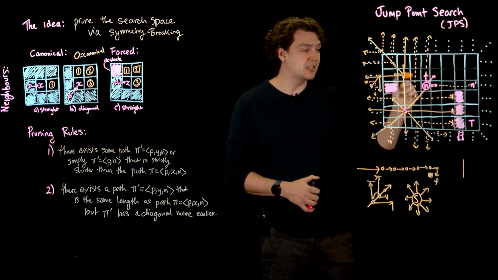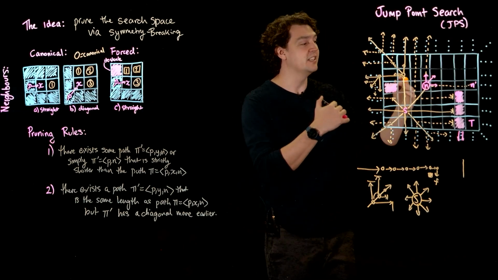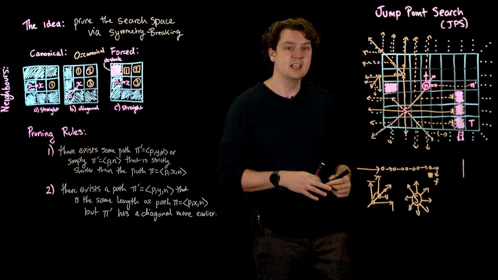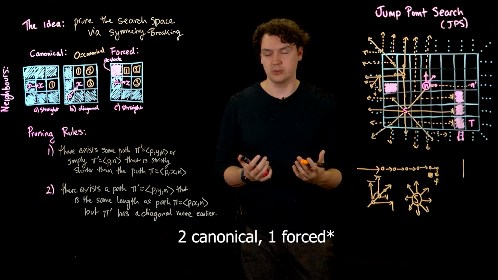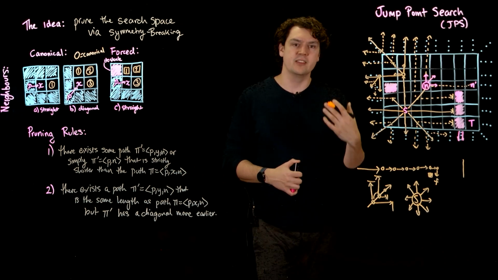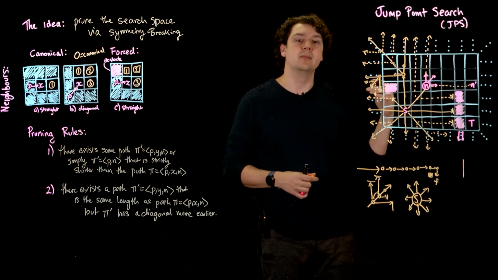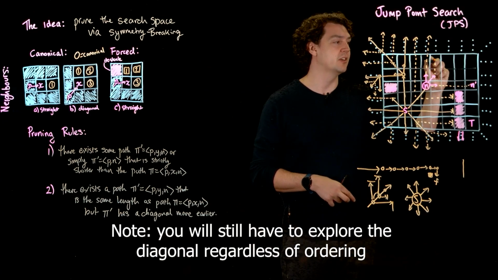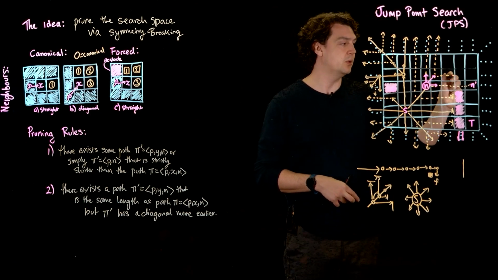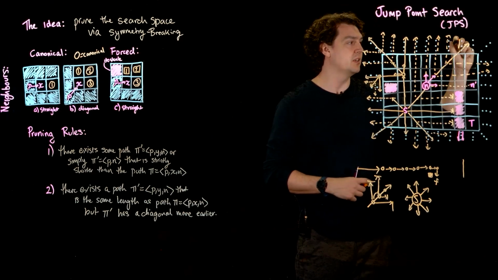However, vanilla JPS stops. It generates node n. It does all of the same work again. So it had 3 canonical directions it needs to search. That would be up to tie breaking. There's a world where it chose to look in the diagonal first. And in that situation, you would then also do all of this work, right? So this would continue,